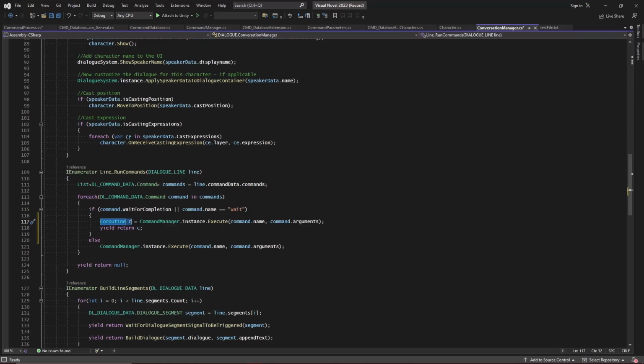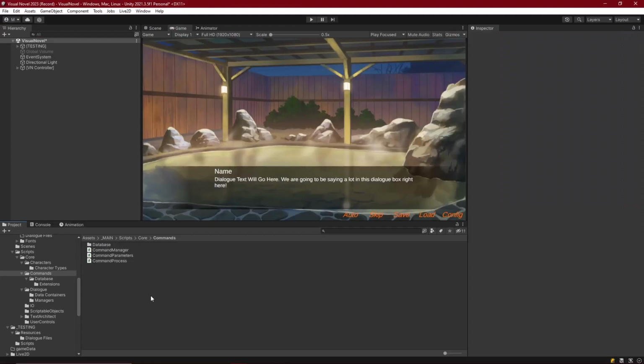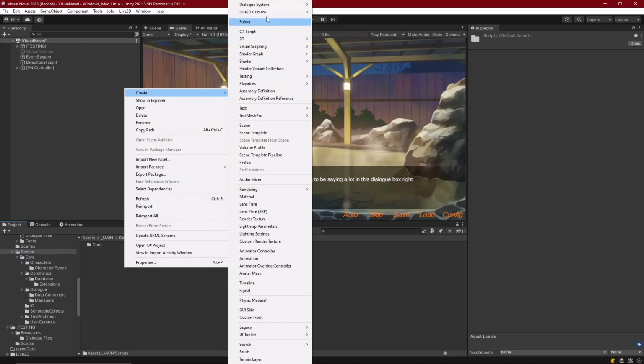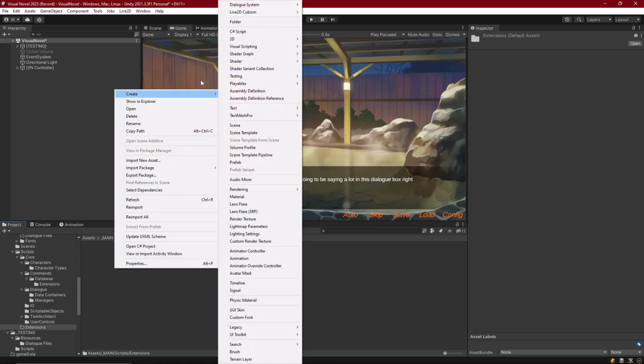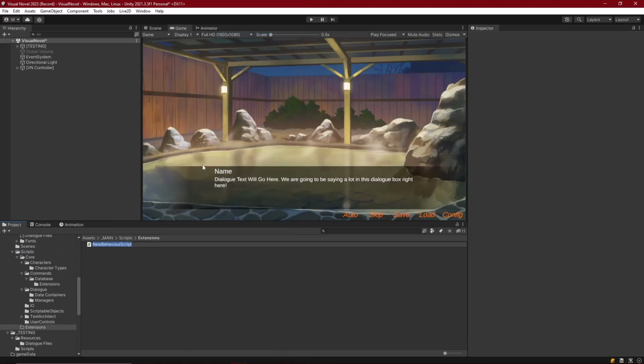So we're going to make a special class to handle that. We'll just leave this as is right now. We'll come back to it. So I'm going to come outside of core in our scripts folder, and I'm going to make a new folder and call this extensions. And inside of extensions, I'm going to create another script here and call this a coroutine